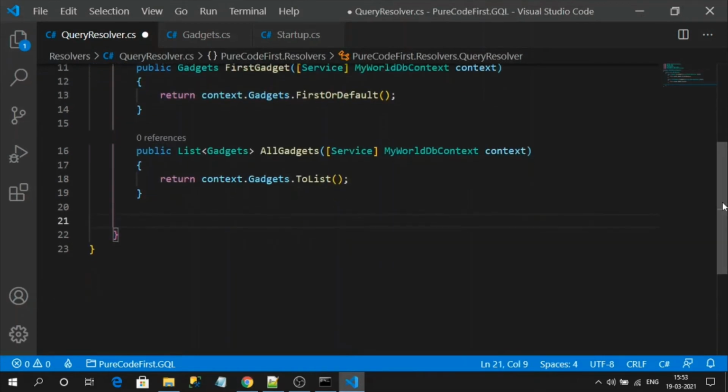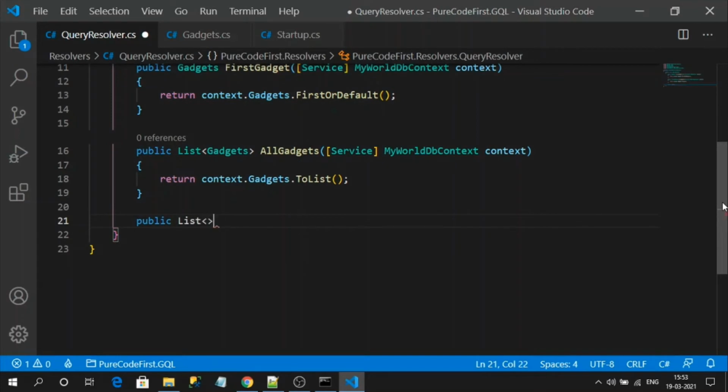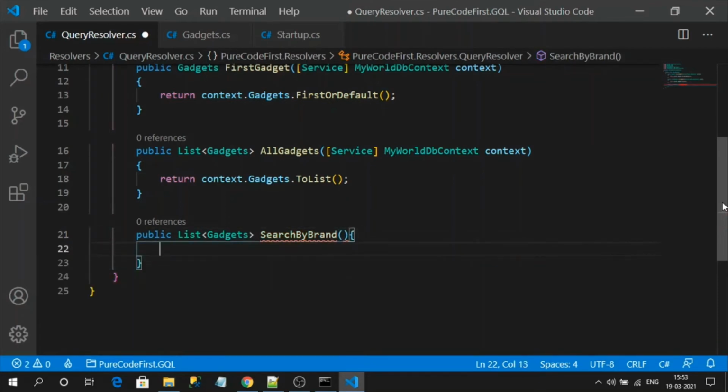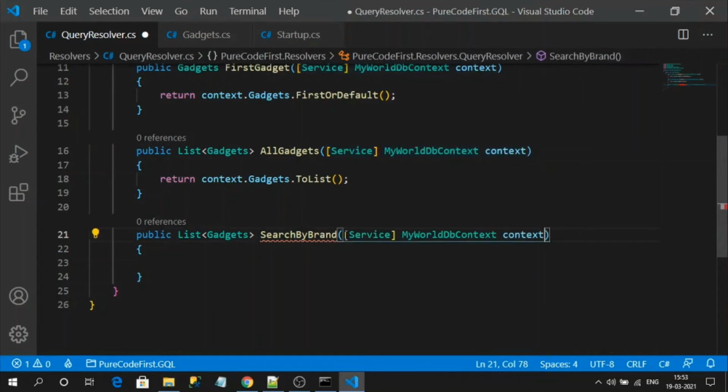another method, another resolver, like public list of gadgets, SearchByBrand, my resolver name. Okay. I need to inject context into my resolver class, and now I want to specify an input parameter, or I can use the terminology query parameter.